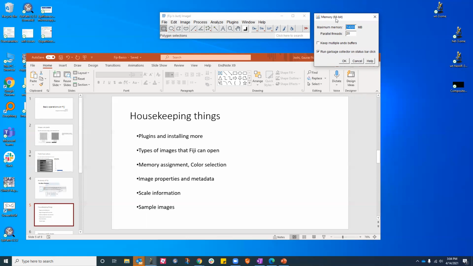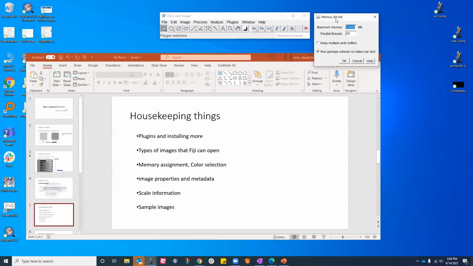And once you open the 4 GB image, there should not be a problem with that. But the problem that will lie is if you are trying to do any kind of operations on the image, it requires some more memory to do operations on a 4 GB image. So that's where you will get some kind of an error message which says that there isn't enough memory left. All right. So if you have 8 GB of memory,